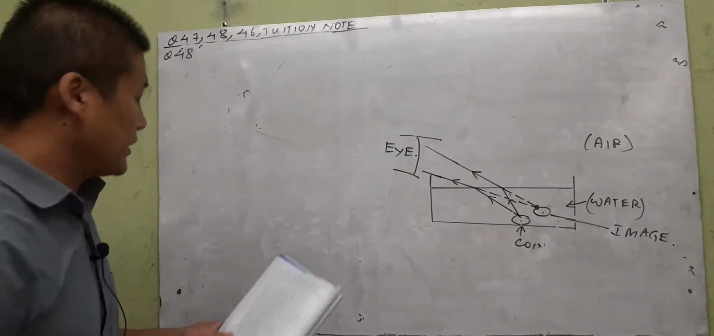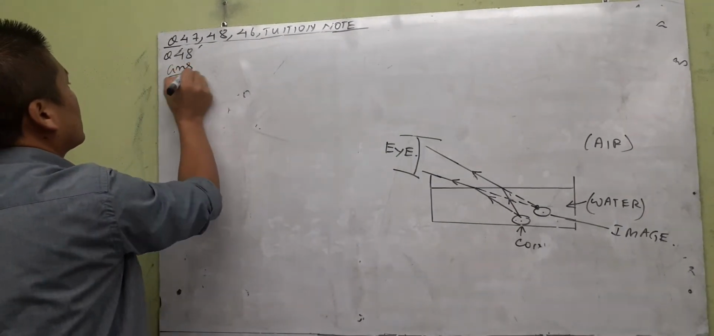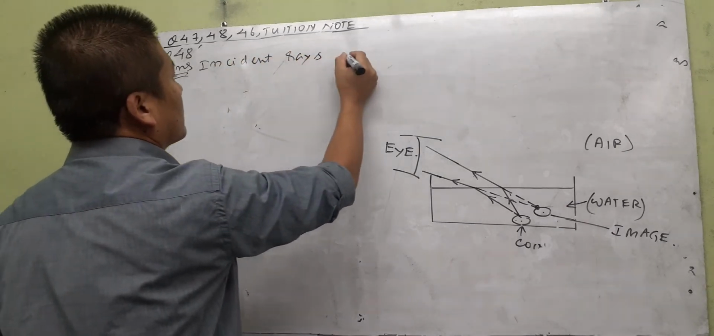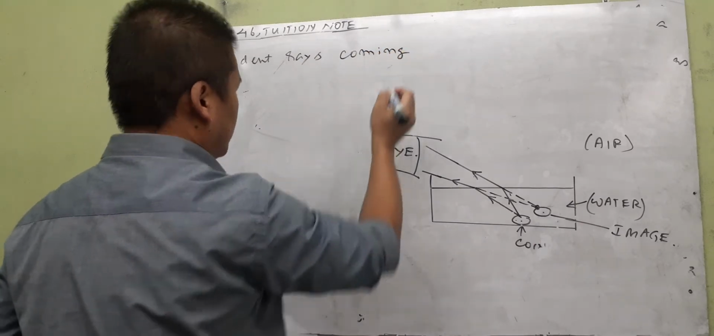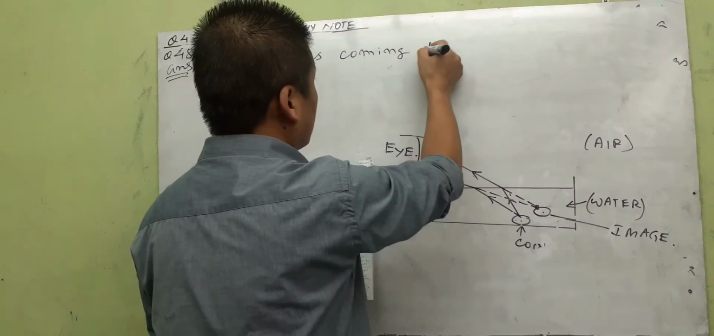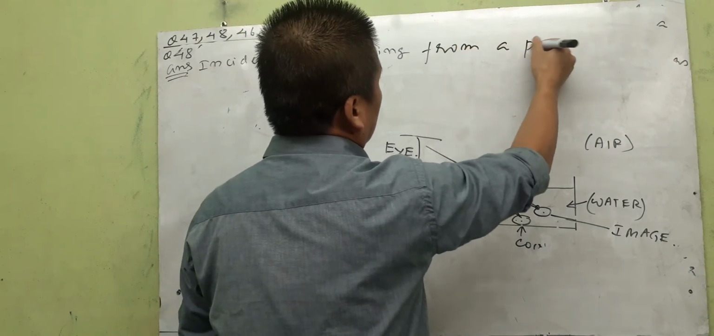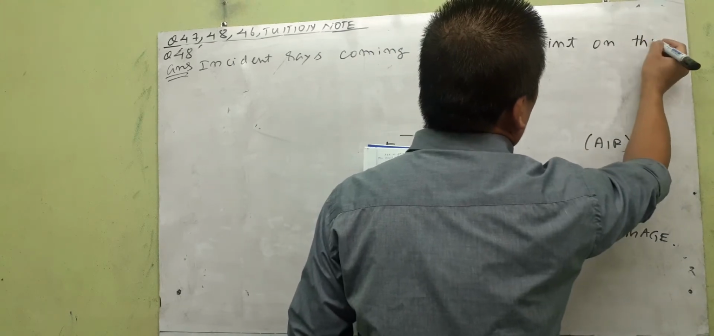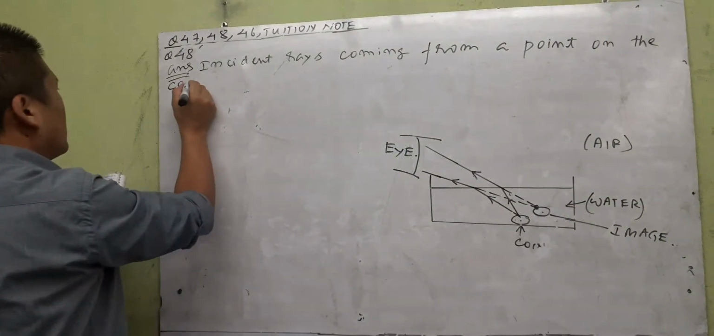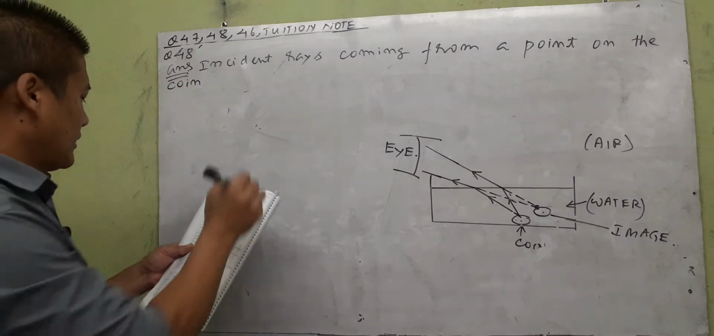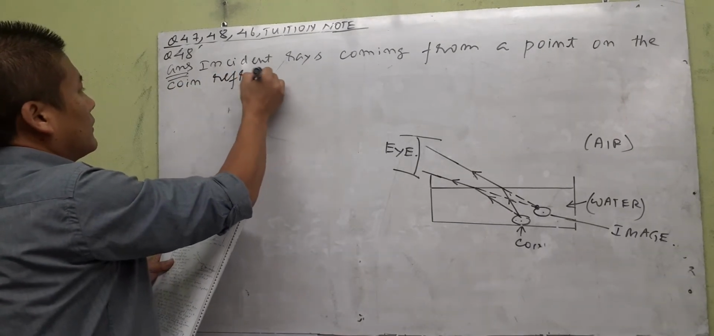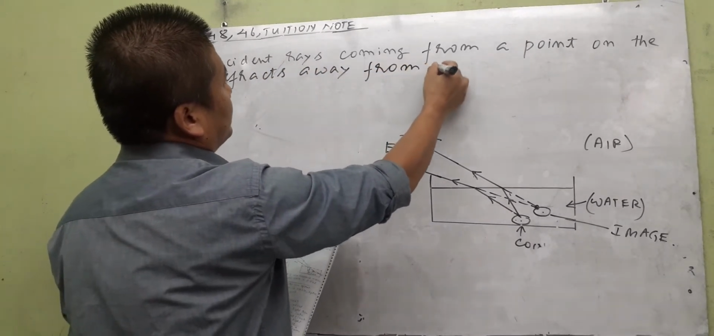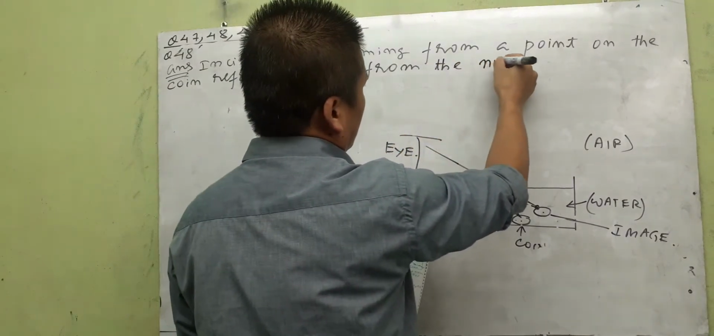Write down: incident rays coming from a point on the coin refract away from the normal